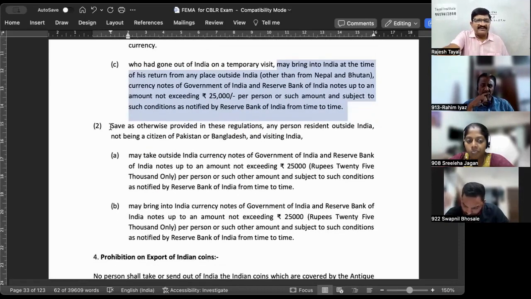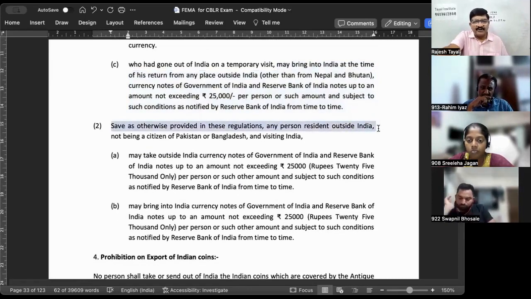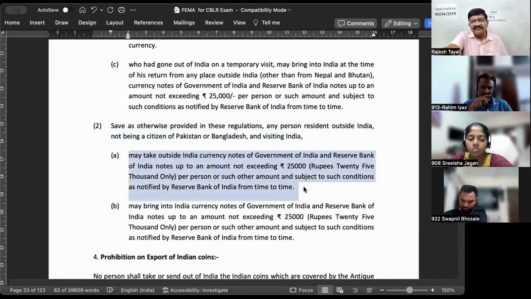Now, save as otherwise provided in these regulations, a person resident outside India, not being a citizen of Pakistan or Bangladesh, may take outside India currency notes of the government of India and RBI notes up to and not exceeding 25,000 per person, or other amount, subject to such condition as may be notified. So if they have obtained them from the proper currency exchange,